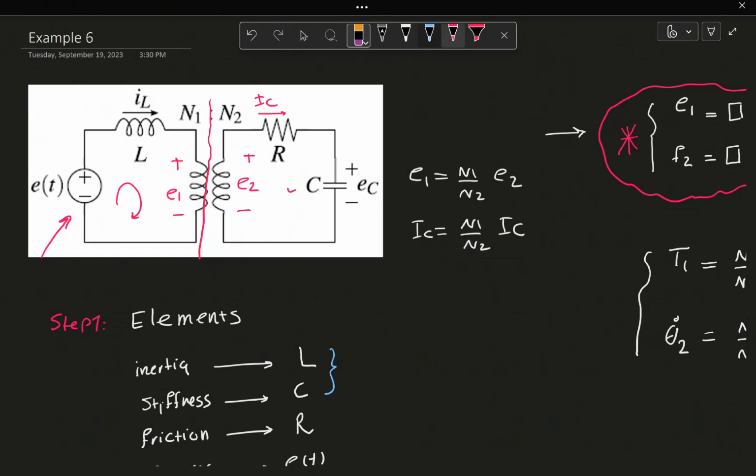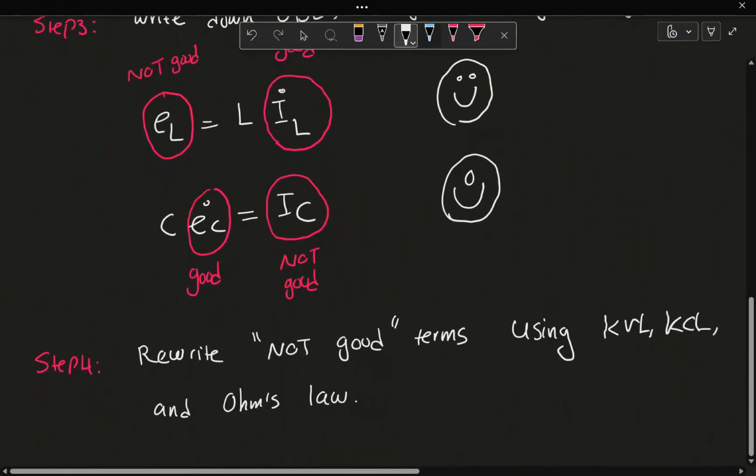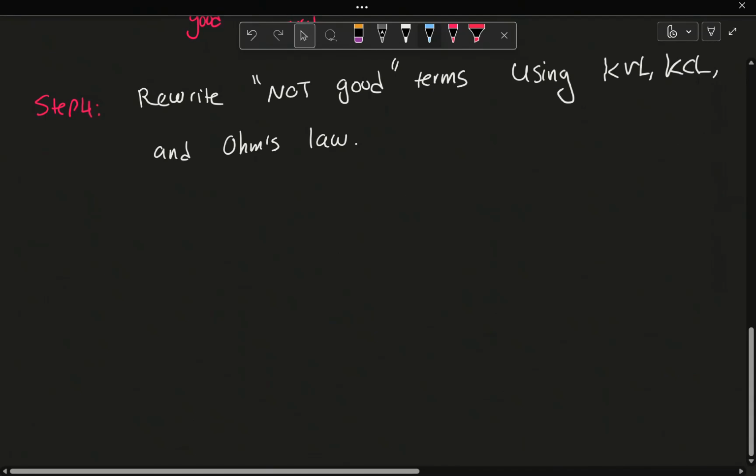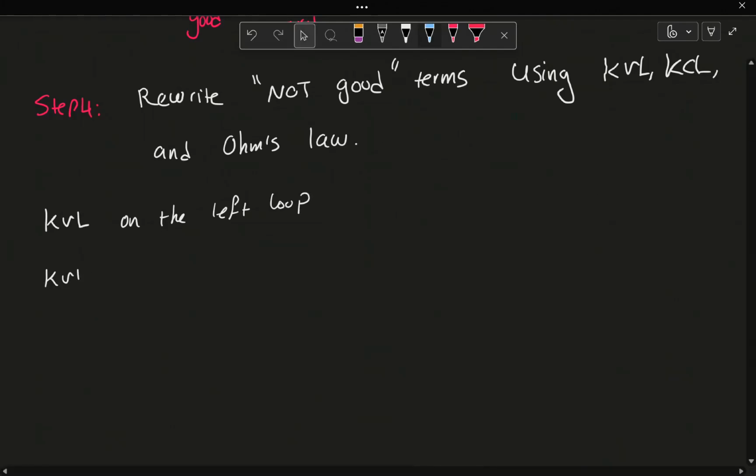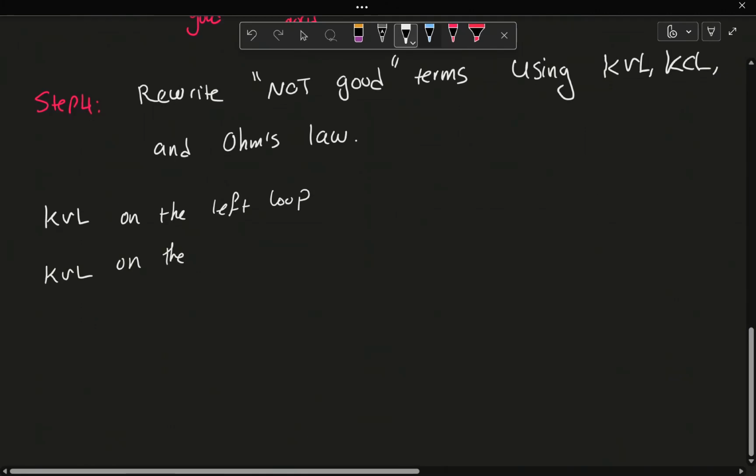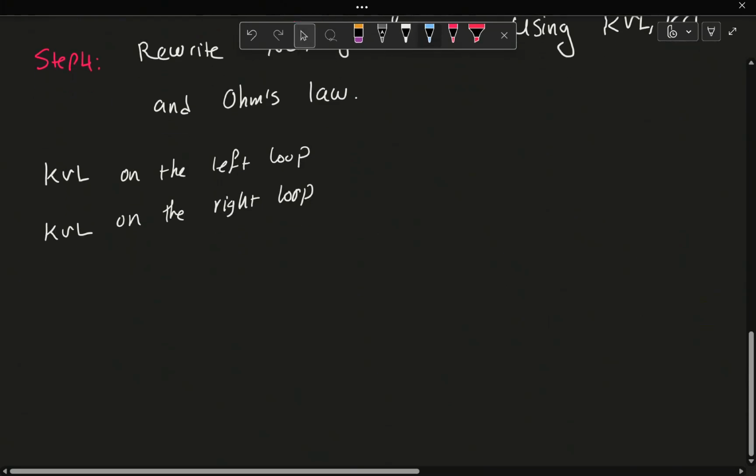Okay, so let's go ahead and list what we can do here. I would have 1 KVL on the left loop, and 1 KVL on the right loop, and also I have 1 Ohm's law. Yes, 1 Ohm's law. Okay,